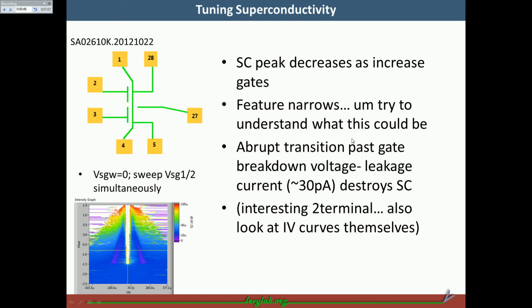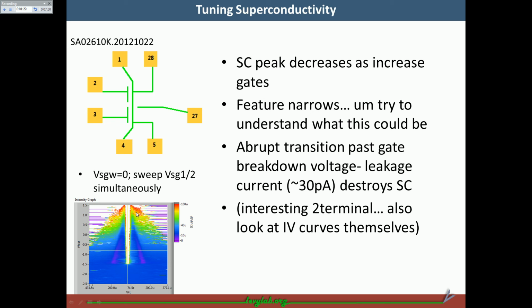So in this particular device, we're sourcing current across leads 1 and 4 and measuring the 4-terminal voltage across leads 28 and 5. So our main channel here is being affected by these 3 side gates on leads 2, 3, and 27. In this intensity plot, the z-axis is the conductance, and we see the superconductivity zero bias peak. And changing the color scale, you can see that as the side gates are decreased, the width of the peak,